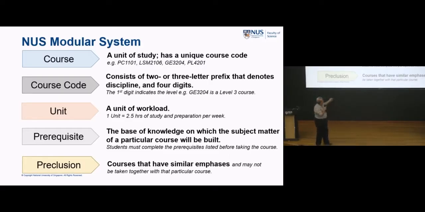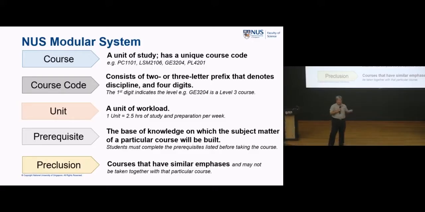The first number 3, for example, is what we call a level 3 course, which means technically they tend to be for the 3rd years and so forth. The number 1 would be the level 1000, which means they are mostly for the freshmen. But let's get this out of the way: it doesn't mean if you're a freshman you cannot take a level 2, and so on. There's no restriction. If you want to go a little bit faster or a little bit lower, you can. Okay? So that's the first number.